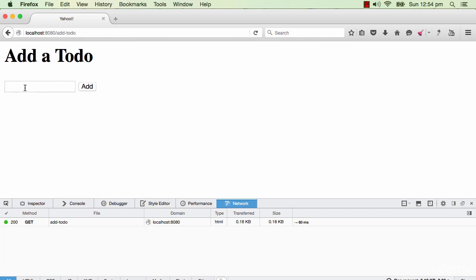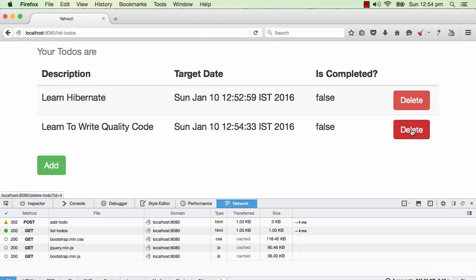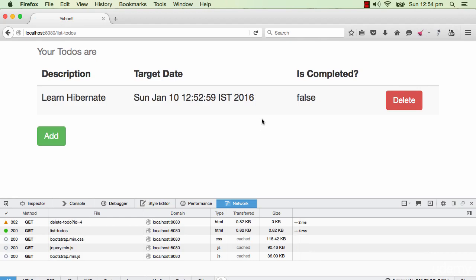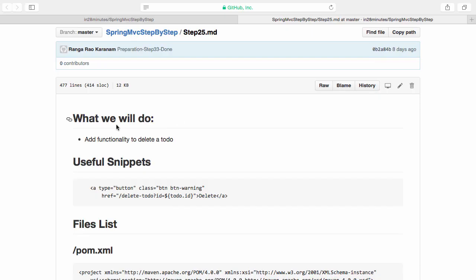We can add one more to-do and delete that one as well. Learn to write code, add, and it's in here. I can delete that. So that's perfect. We now have the functionality to add and delete a to-do. In this step, we added the functionality to delete a to-do. Until the next step,